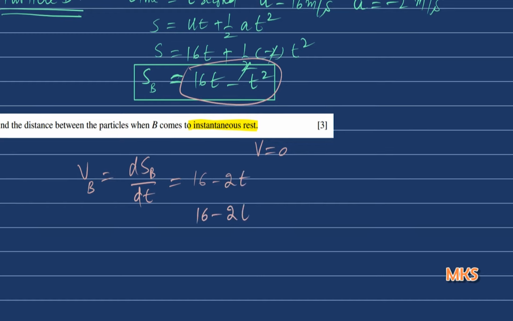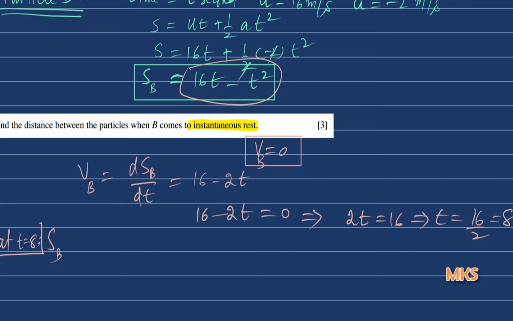16 minus 2t, because the speed of B is 0, is equal to 0. That will give us 2t is equal to 16, which means t is equal to 8. 16 over 2 is 8. So after t seconds, the displacement of B will be 16 into 8